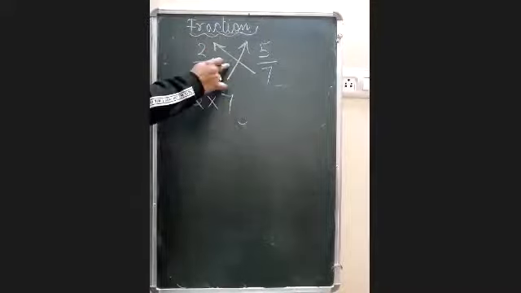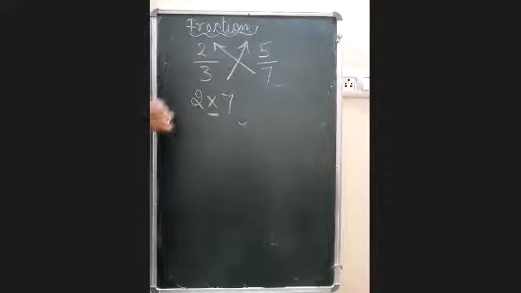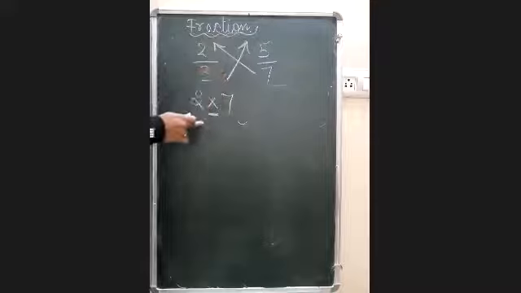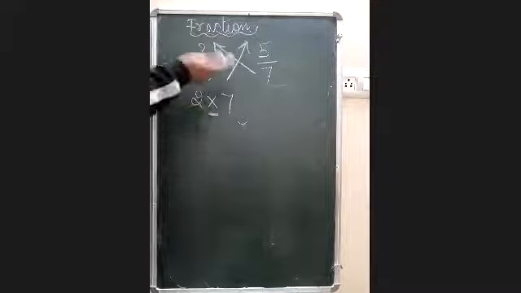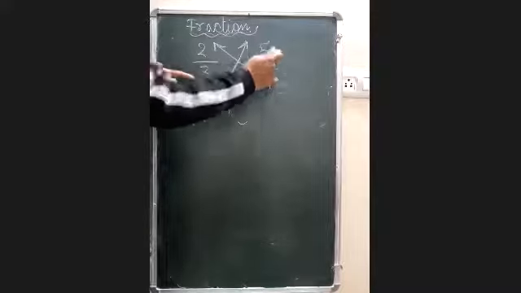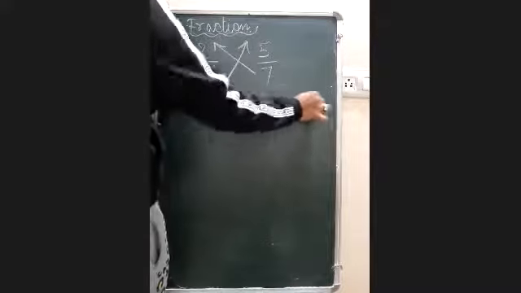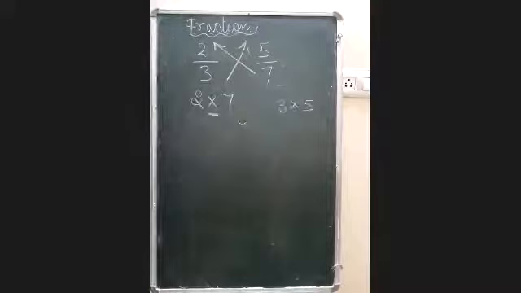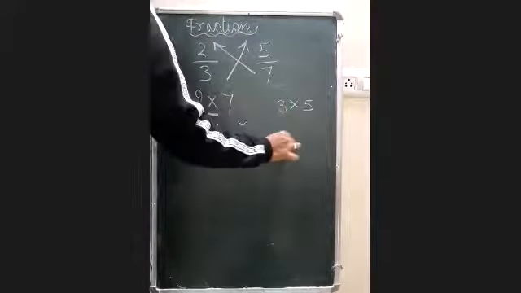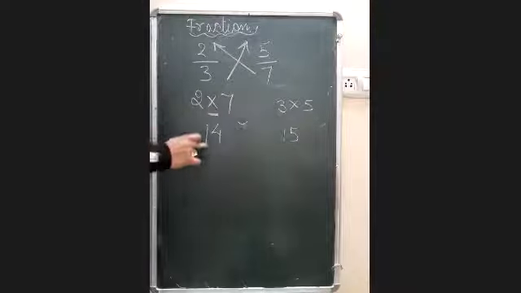Now देखो cross तो हमने कर लिया था. Now we are doing multiplication, so that is why the method is known as cross and multiply. ठीक है. So now 2 into 7. Now this arrowhead is going towards 5. So it means 3 will go to 5 in the form of multiply, because method is cross multiply. So now 2 sevens are 14 and 3 fives are 15. Now you can see 14 and 15.